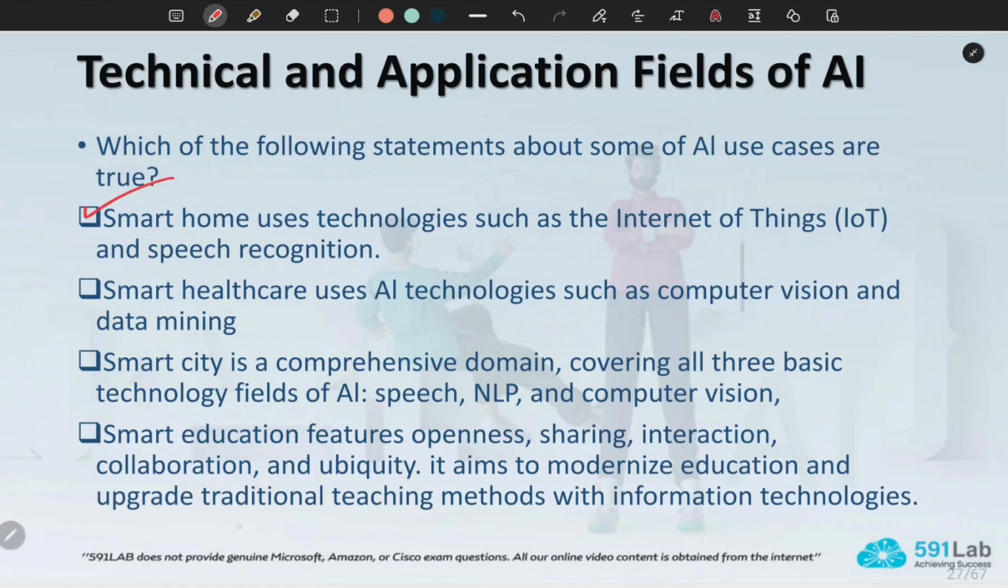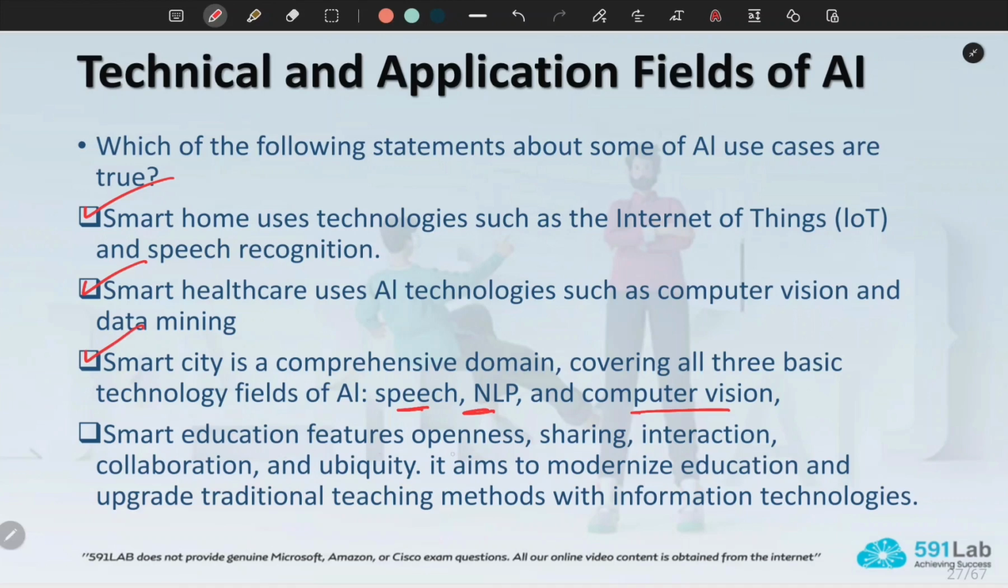Correct. Smart healthcare uses AI technologies such as computer vision and data mining. Also correct. Smart city is a comprehensive domain covering all 3 basic technology fields of AI, such as speech, NLP, and computer vision. Also correct.